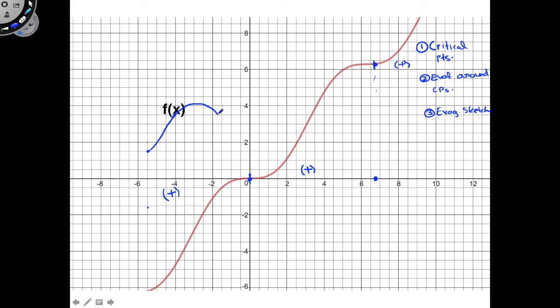But then eventually we're going to come back down just because we're leveling off over here. So we're going to come back down, but then we're going to go up again because we're still increasing. We're going to keep increasing. It's going to get very positive, but then we're going to start to level off again,